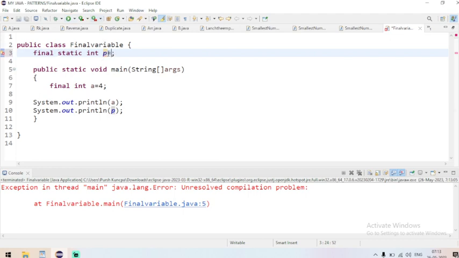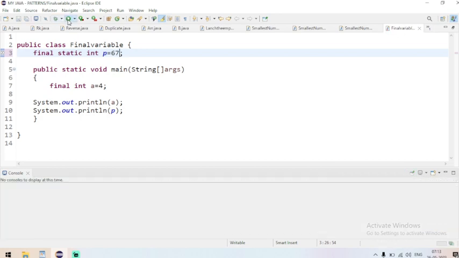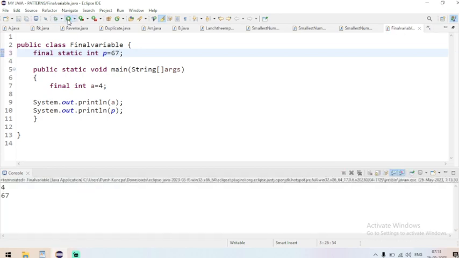For example, I will take p value as 67. If I try to run the program, I am going to get p value as 67. In case I didn't initialize that at the time of declaration,